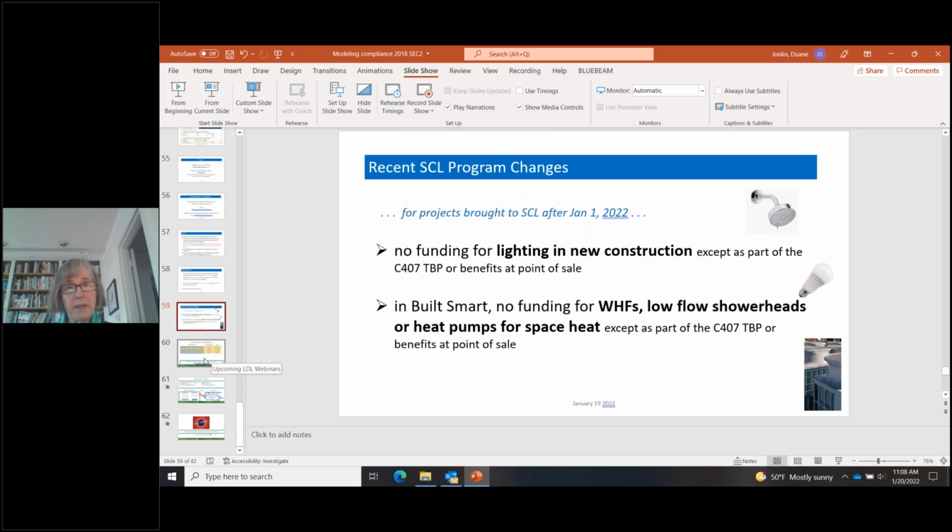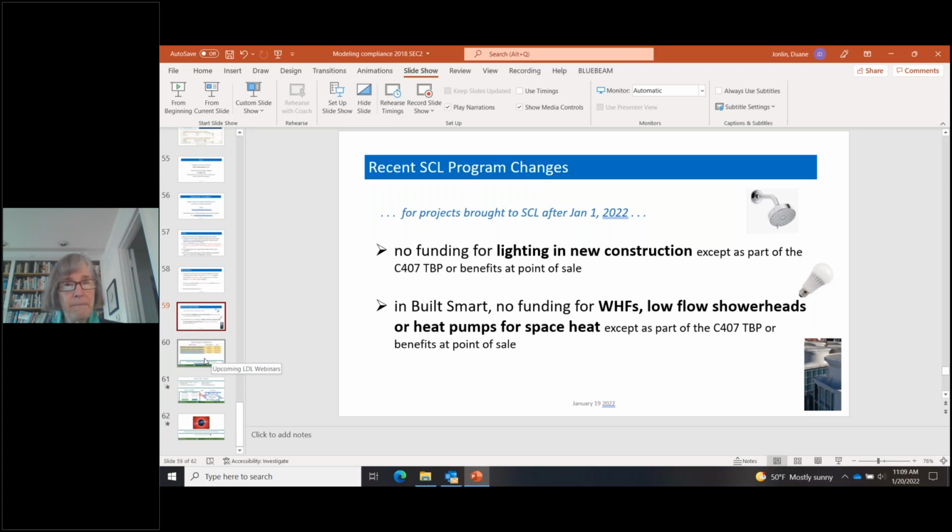So you might be curious about some of the other changes going on in our program. As of January 1st, not only were there some major changes in the Seattle Energy Code around heat pump water heaters, but there were also changes to the Seattle Energy Conservation Funding Program. In particular, we no longer fund energy conservation and lighting for new construction, either in commercial buildings or multifamily.